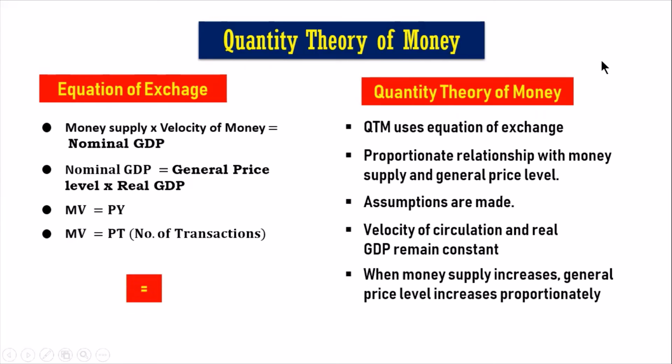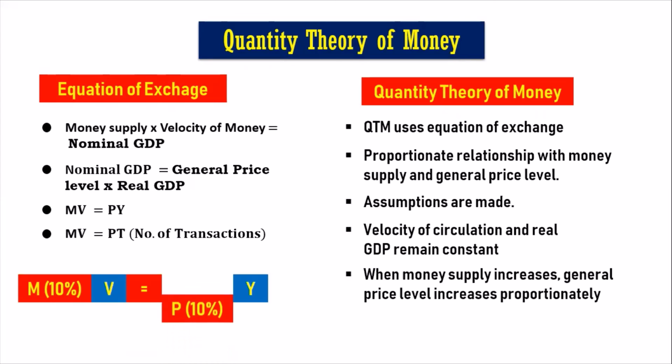quantity theory of money. Okay, so you can nicely denote it while velocity of circulation and real GDP remain constant. If money supply increased by 10%, general price level will also increase by 10%. That's what is meant by quantity theory of